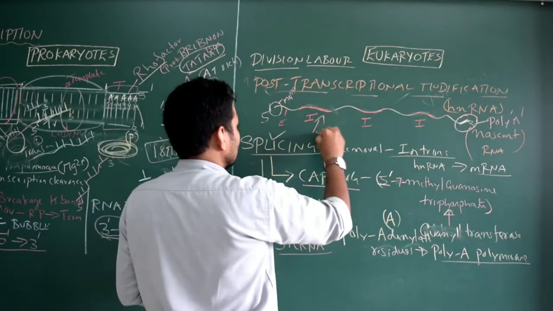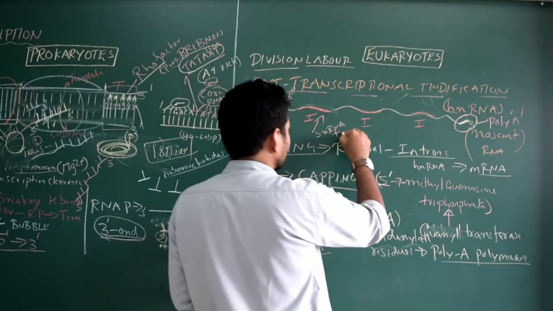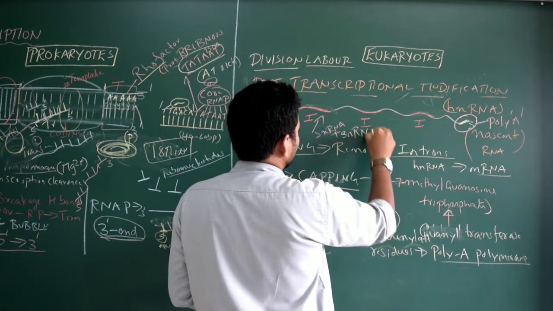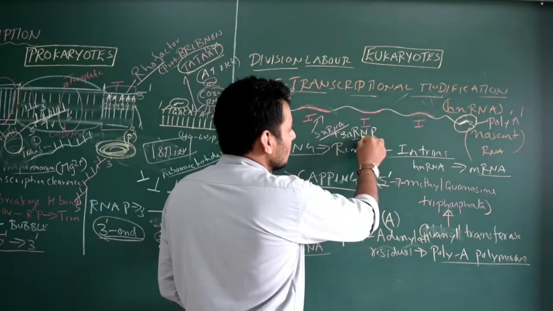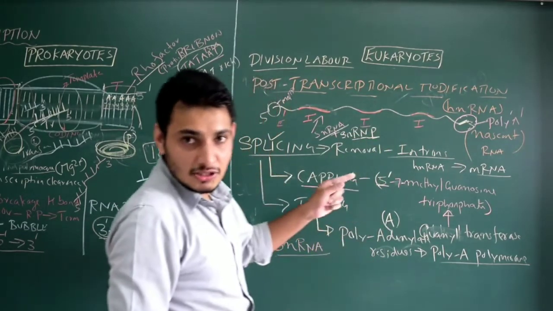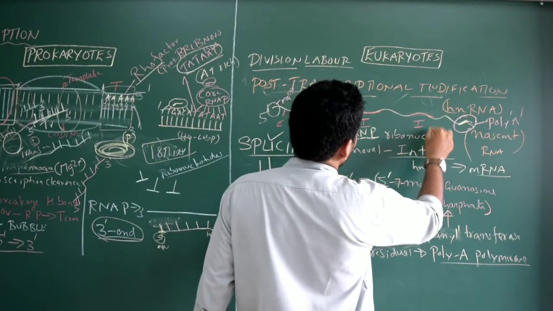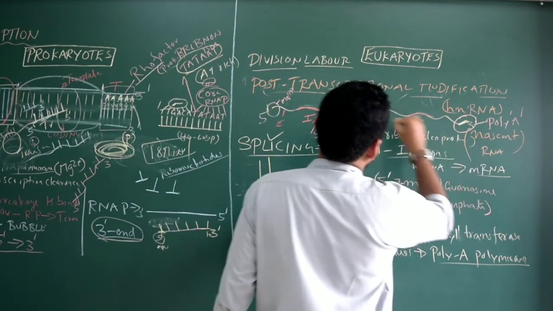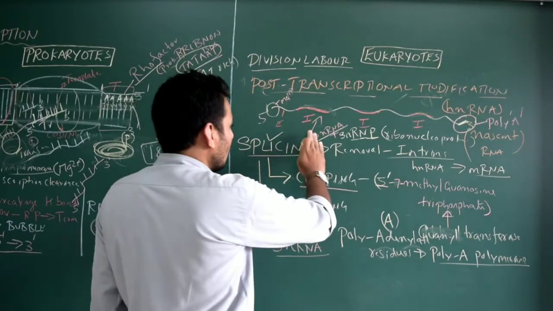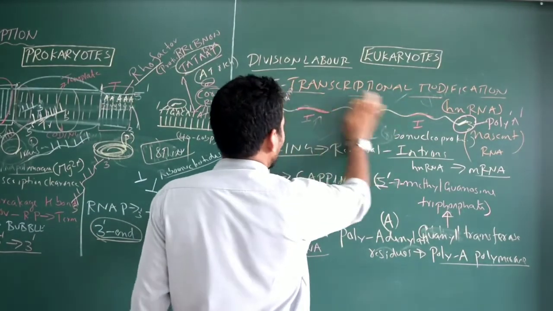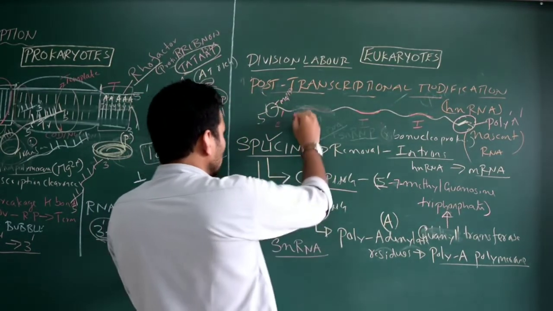So we write snRNA is added. Not only snRNA, along with that there is one more, called snRNP: small nuclear ribonucleoproteins. Not nucleotide, ribonucleoproteins. These proteins will get attracted to the hnRNA because of capping and tailing. Now these two components, snRNA and snRNP, are going to form a loop. That loop is called